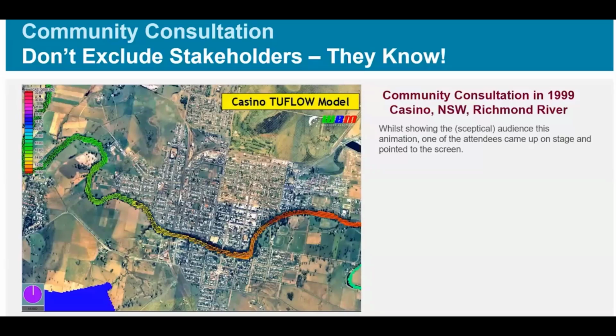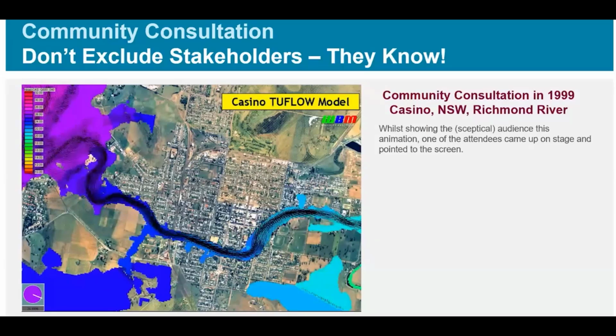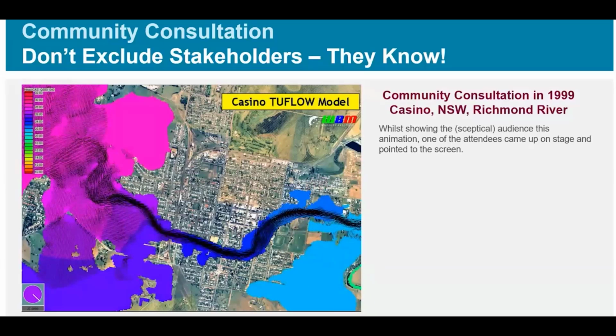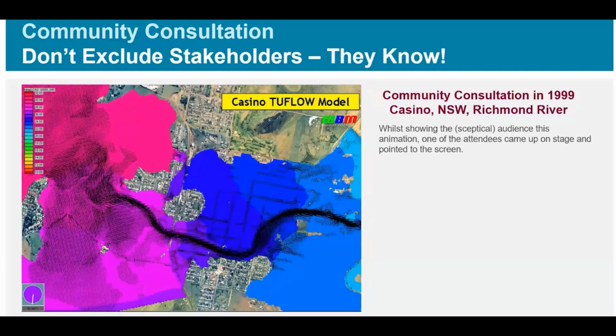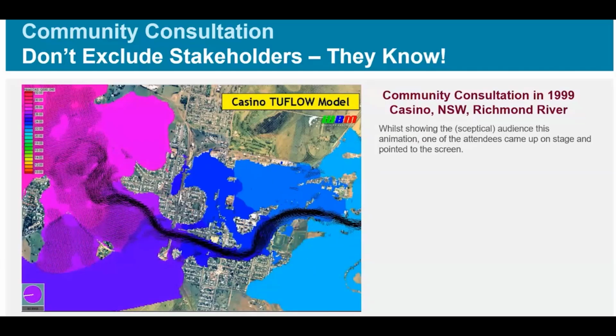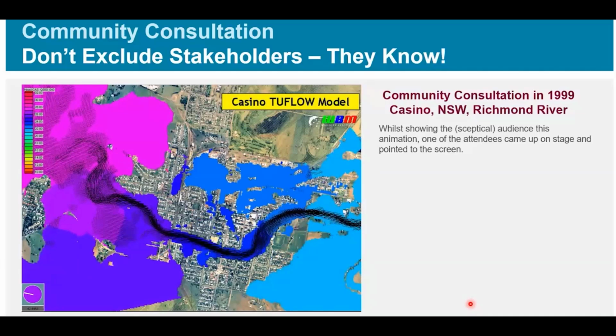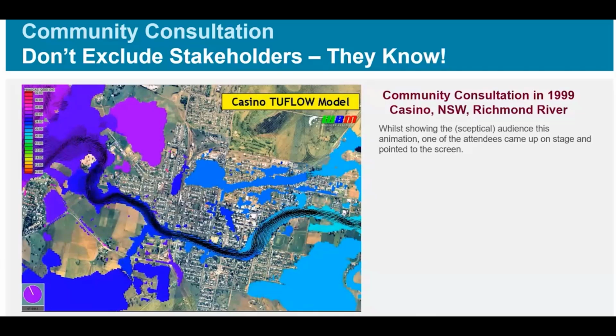So community consultation is really important. And this animation that should be showing on your screen now was the first time I ever used 2D results in a community meeting. And up until that point, the community had been quite skeptical, negative. We'd been using 1D modeling, and trying to show people 1D modeling is just a nightmare, I can tell you. You've got the local farmers there, and they just look at it and go, ugh. And so this is the first time I ever showed some 2D modeling, back in 1999.